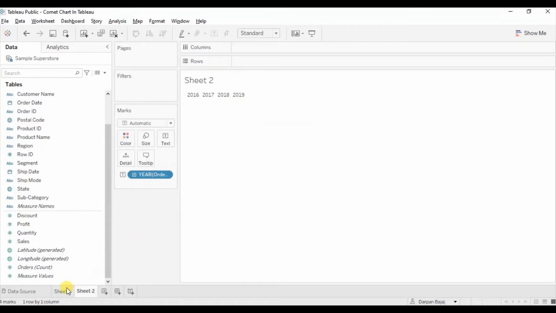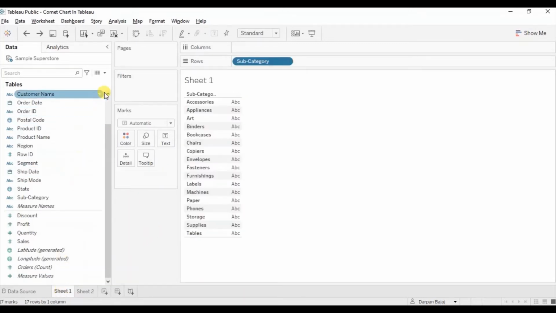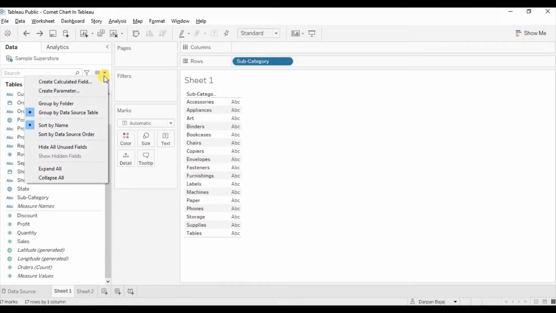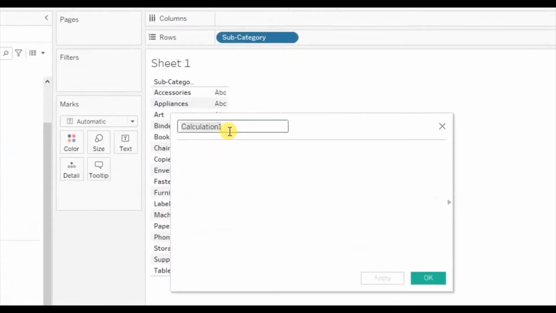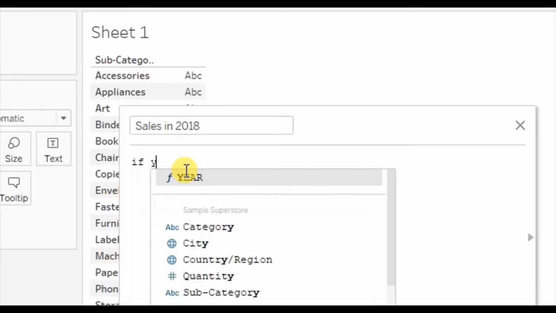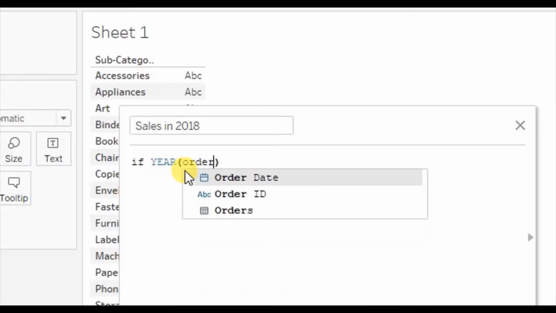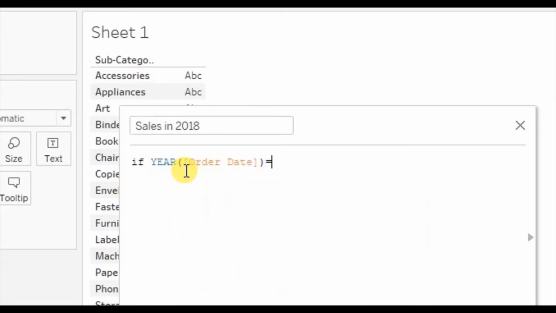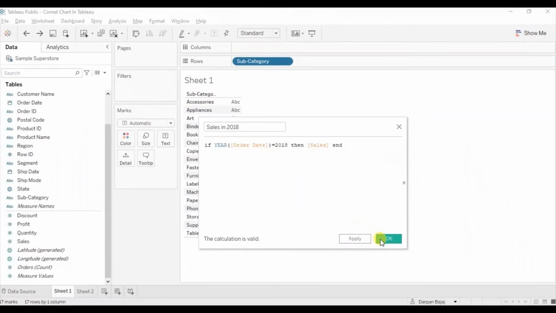Let's go back to sheet 1, create a calculated field, name it sales in 2018, and write down the formula: if year of order date is equal to 2018, then sales, end, and click on OK.